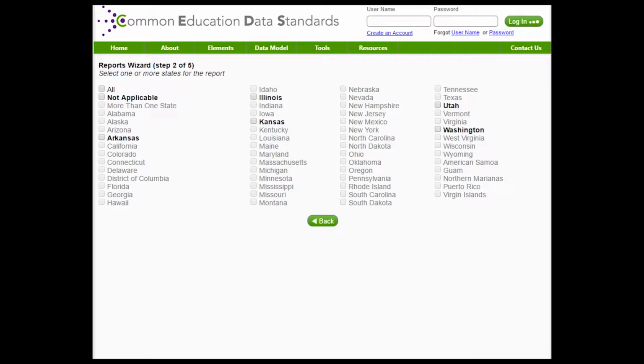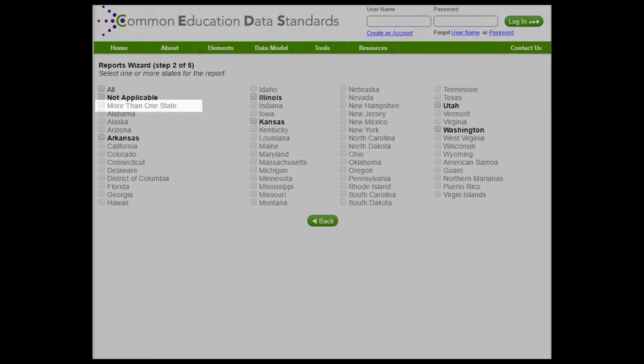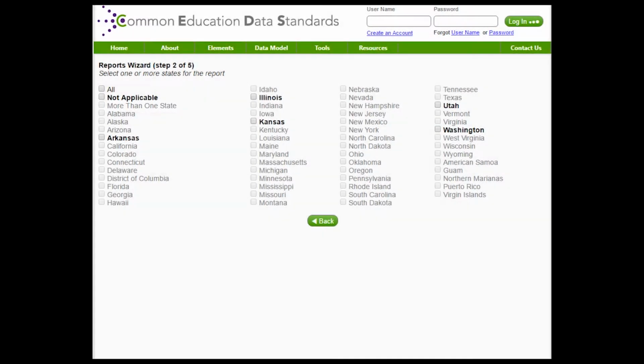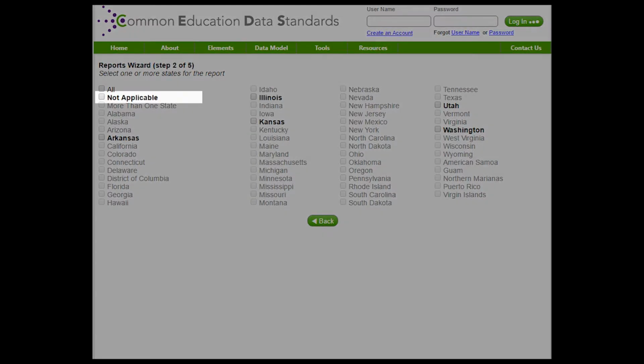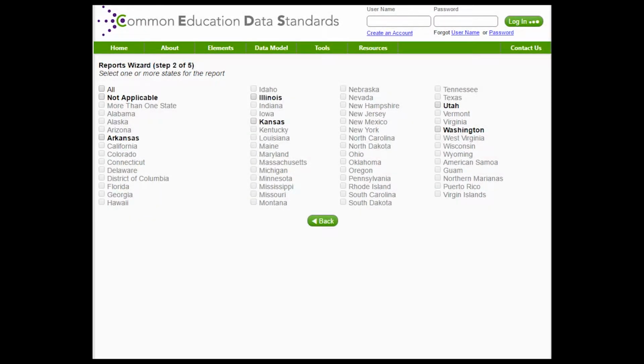A list of states and territories is now displayed. The states with maps that are available for building reports are bolded. More than one state means that the map applies to an education stakeholder that crosses state lines. Not applicable means that the map applies to an education stakeholder, such as a national association, that does not relate